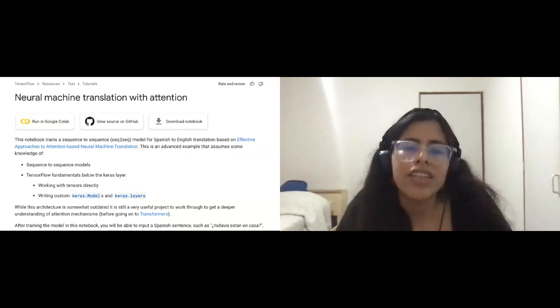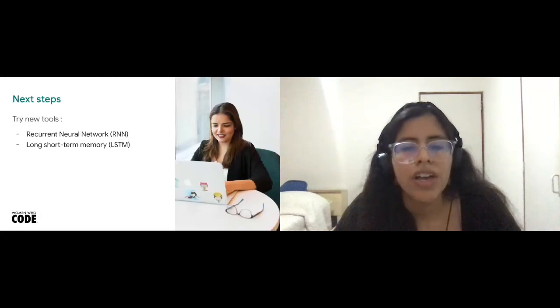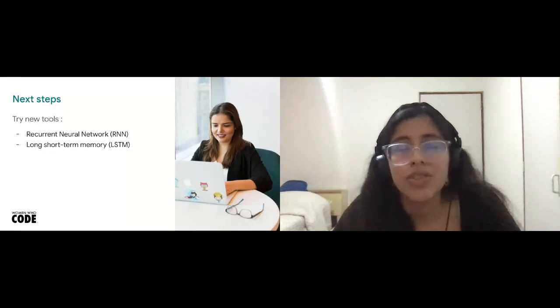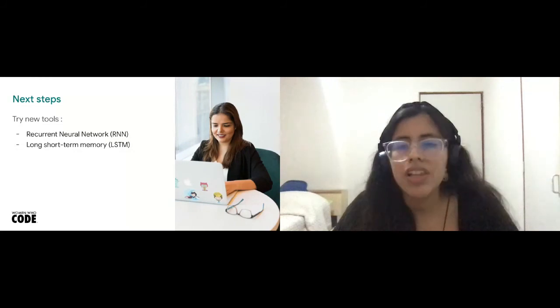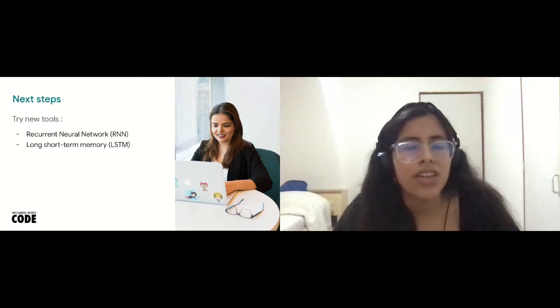So for you, the next steps: try new tools like the recurrent neural network, or RNN, which is a good tool if you want to use other kinds of corpus, like if you want to create a machine translation application, or a machine translator.